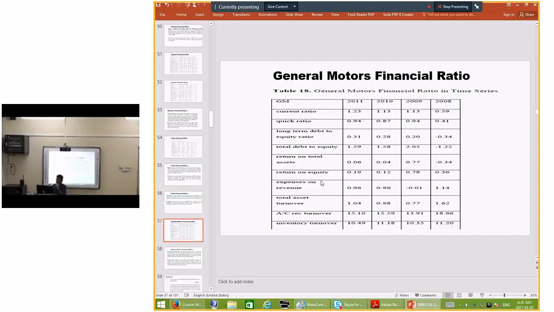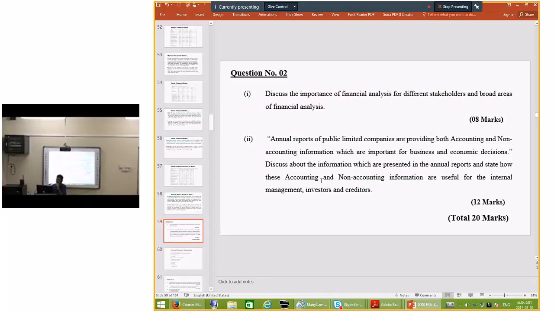Again we can see some discussion. You can refer to them to understand, right? Discuss the importance of financial analysis for different stakeholders and the broad area of financial analysis. Previously also we saw the same type of similar questions. Annual reports of public limited companies are providing both accounting and non-accounting informations which are important for business and economic decisions. Discuss the informations